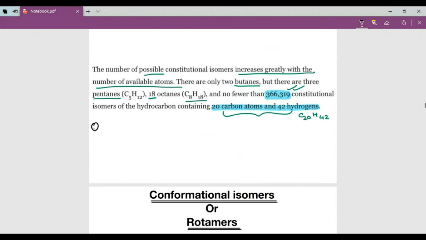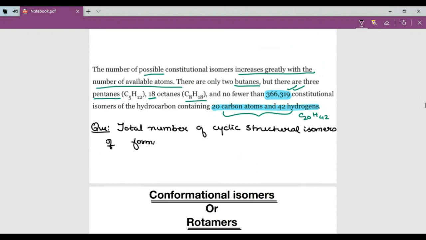Let me give you one homework question. Please attempt it by yourself when you revise today's lecture. Okay, so find the total number of cyclic structural isomers of formula